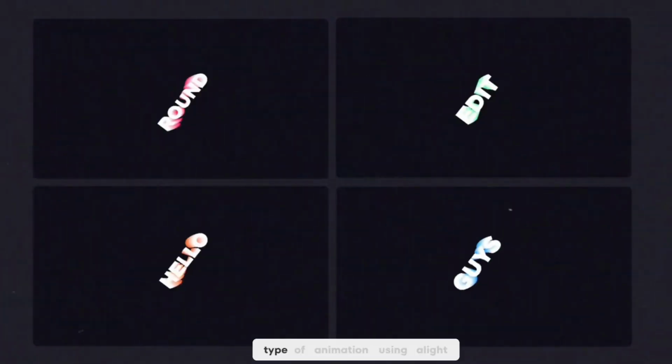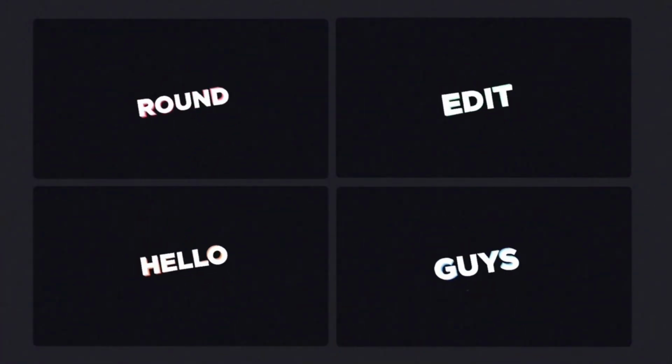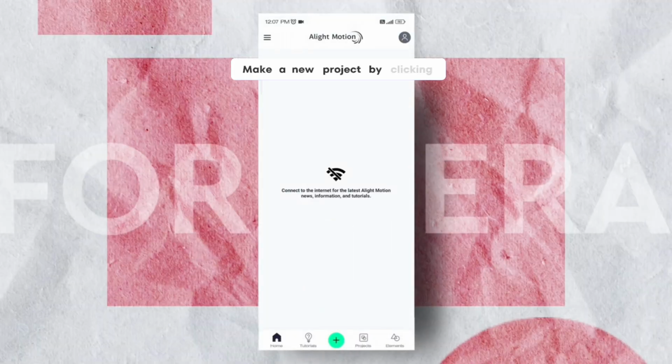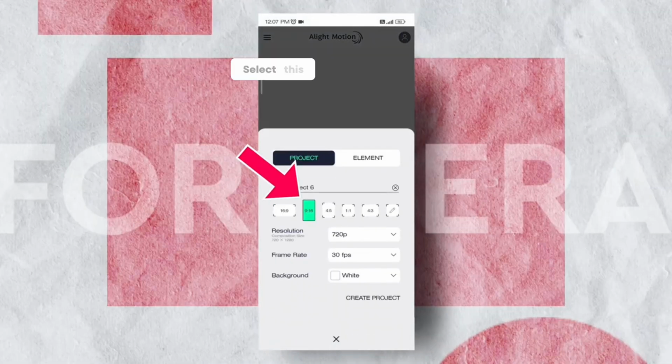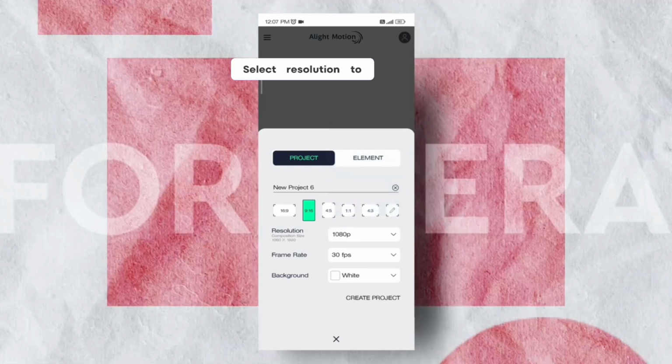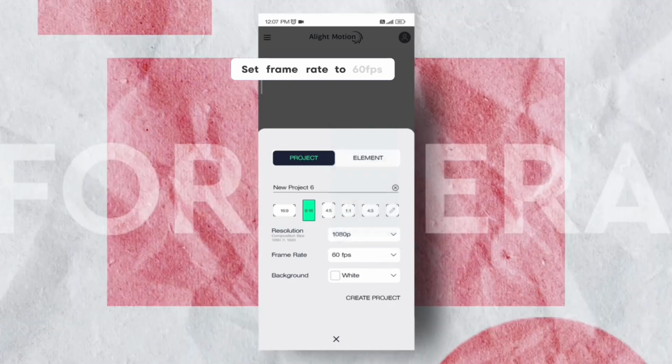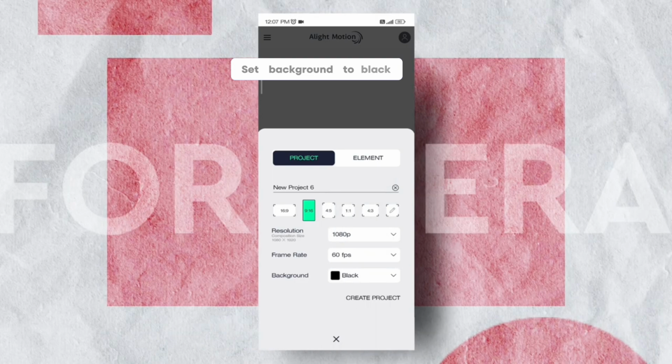You can create this type of animation using Alight Motion app. Let me show you how. Make a new project by clicking on this plus icon. Select this ratio, select resolution to 180p, set frame rate to 60 fps, set background to black and click on